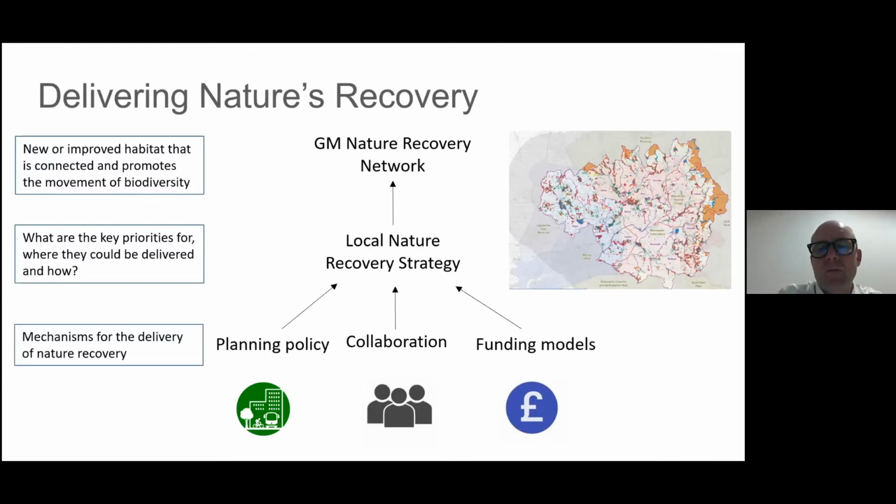Working in terms of being one of the 5 pilots in the country, the local nature recovery strategy sets out the priorities and opportunities across Greater Manchester to tackle the biodiversity emergency, and look to enhance the natural environment, both for nature but also for wider benefits to our environment, but also importantly, as Nick mentioned, our economy and our society too. And it sets out the places, the areas where we should prioritise improving our nature, but also the practical actions to deliver on this.